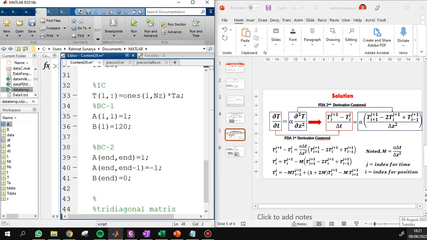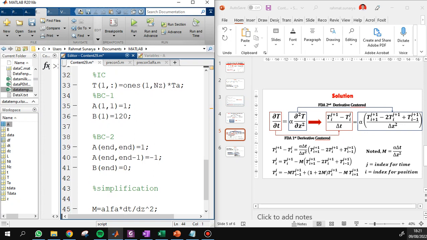Alpha is unknown, so at this moment we guess any number, for example 4 e minus 5.